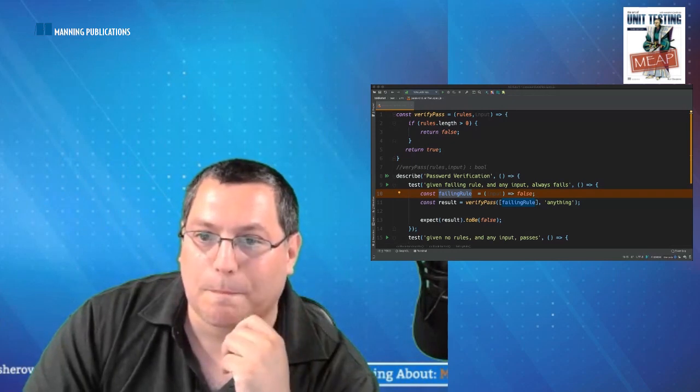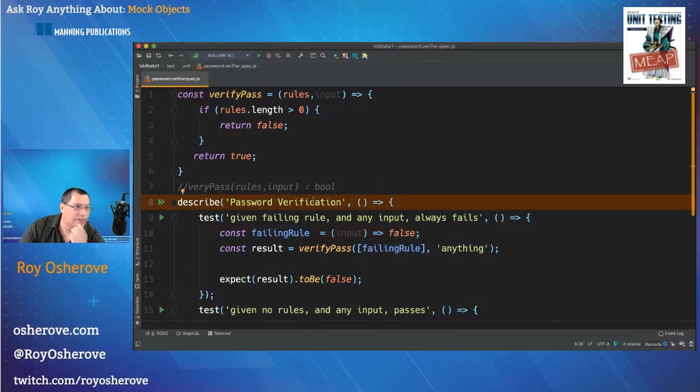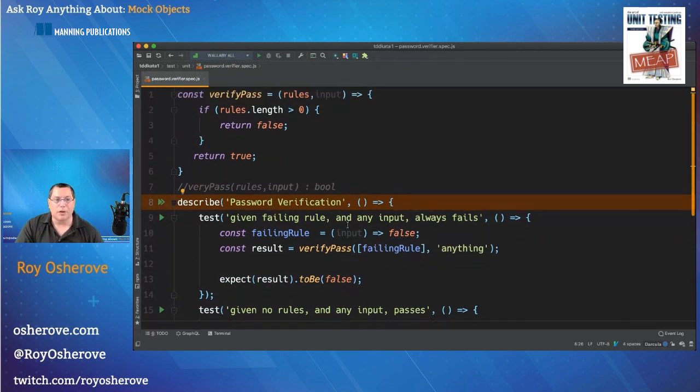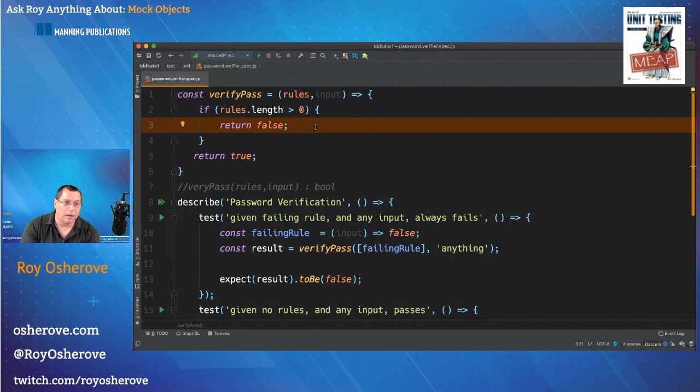Okay, so let's see. Can everyone see the code? The example I'm going to show for now is just a very simple verify password function. It's in JavaScript, and hopefully that's okay with everybody. It shouldn't really matter because the patterns are the same, right?